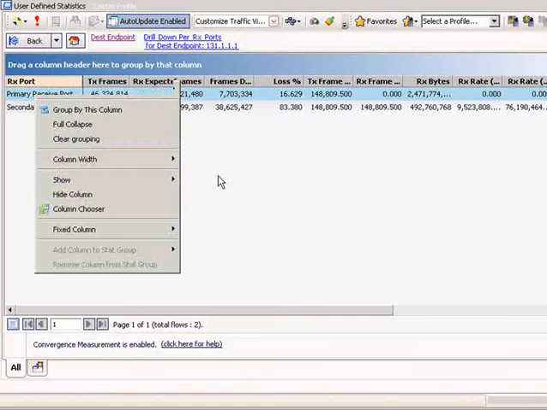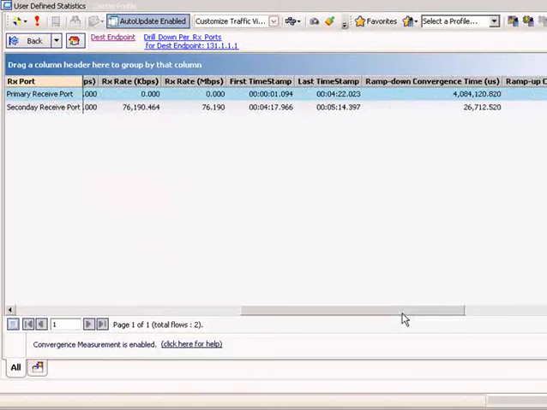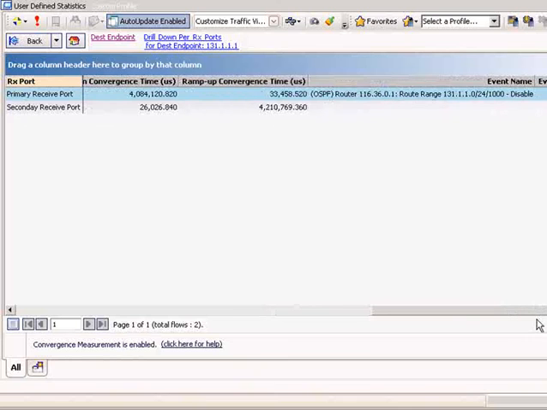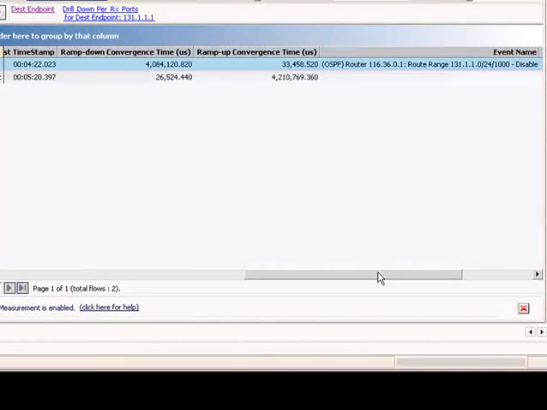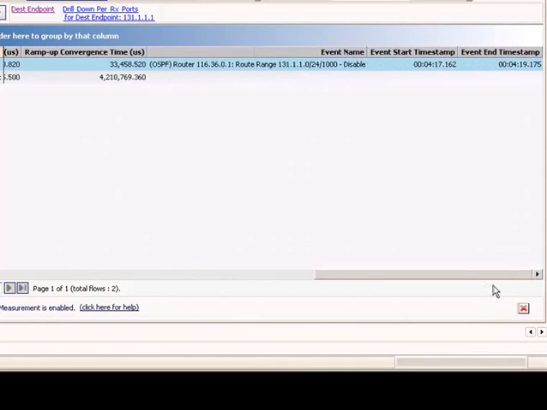You can then go ahead and drill down from the destination endpoint view to the per port view to view the ramp up and the ramp down times for the primary and the secondary port. In this specific example, the ramp down and ramp up times for the primary and the secondary port are in the order of about 4 seconds. The ramp up and ramp down times are significantly larger than the CPDP and DPDP convergence times because they take